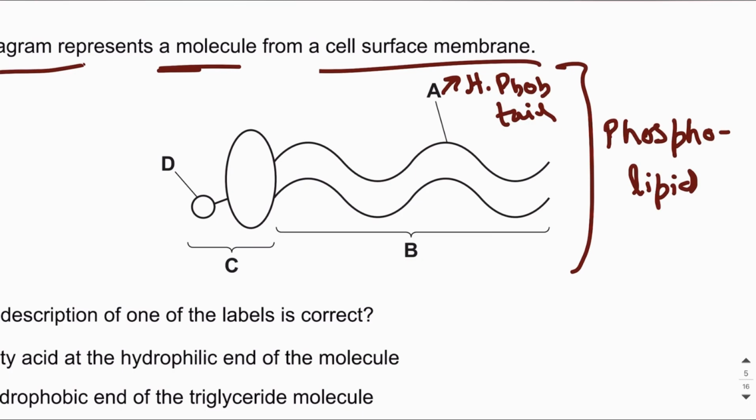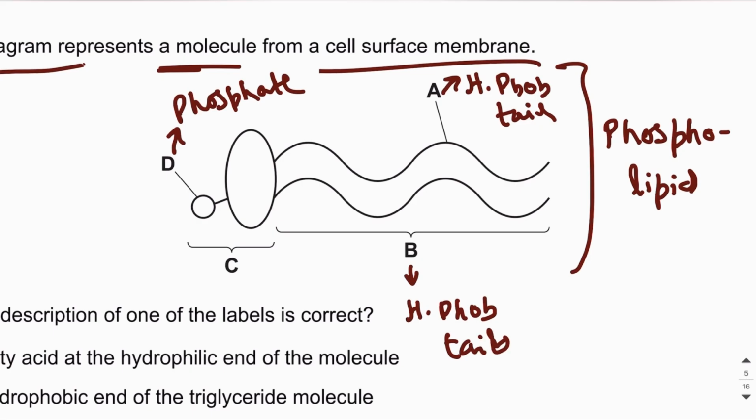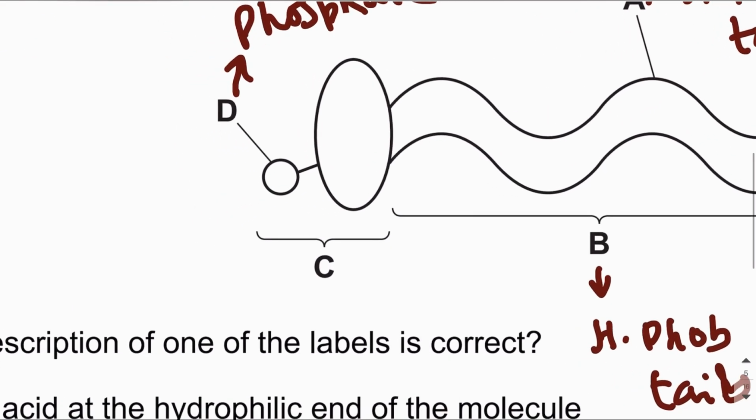If we talk about D, it is the phosphate group, right? B are the hydrophobic tails, right? And C is glycerol